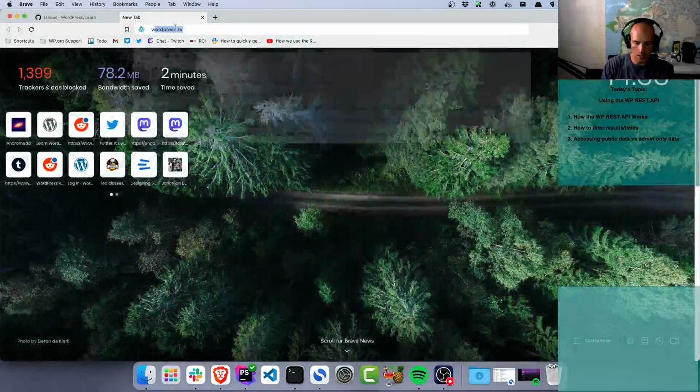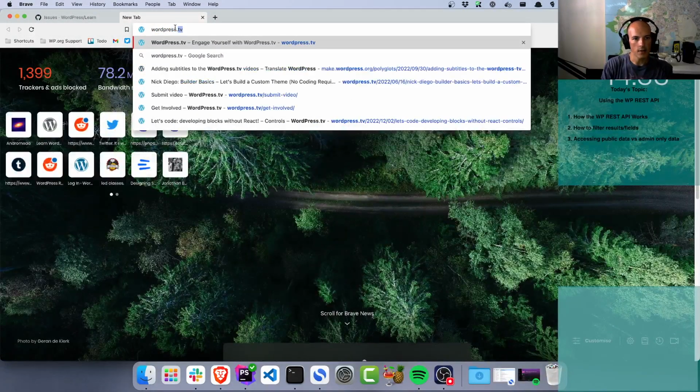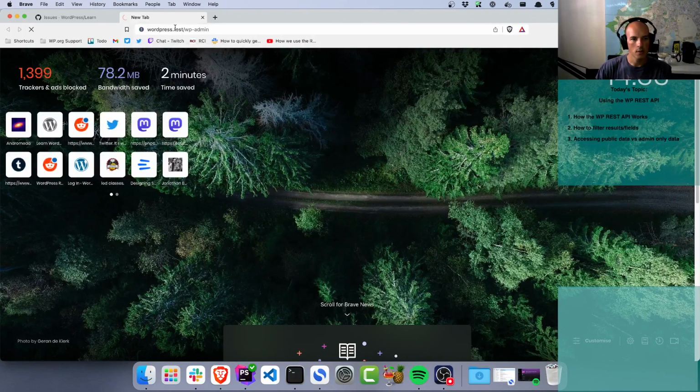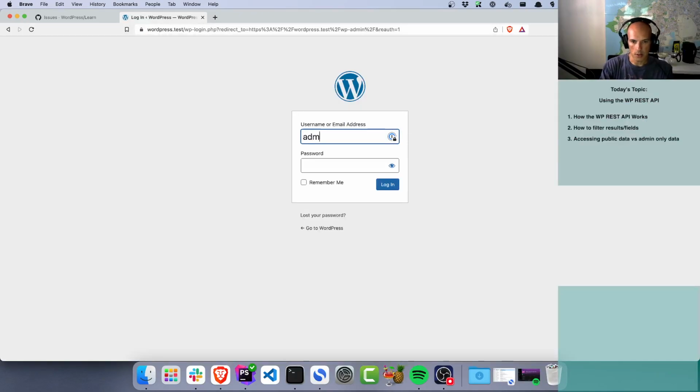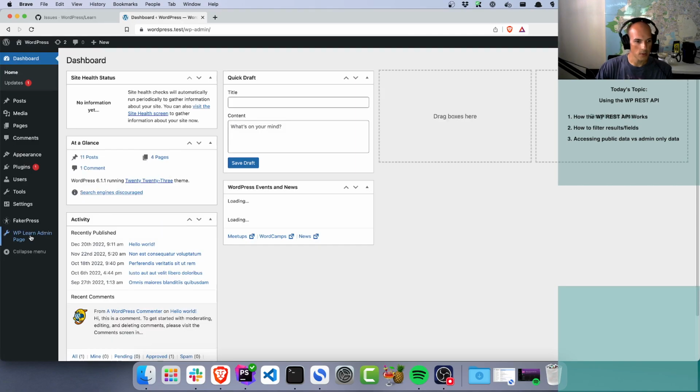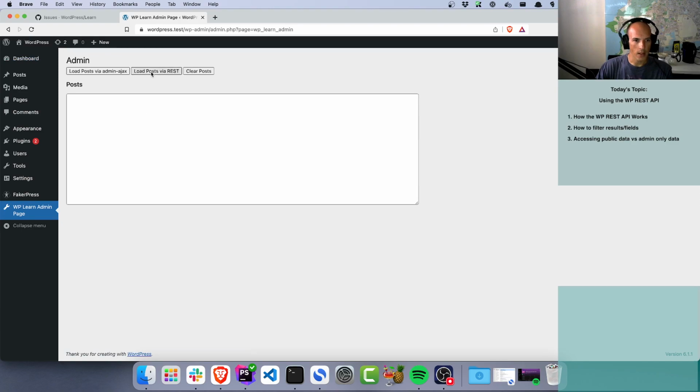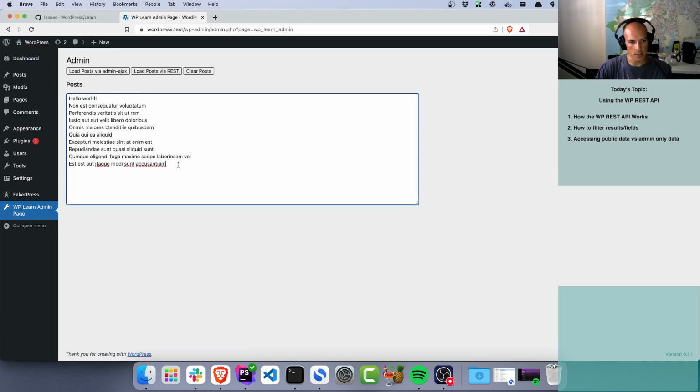So I'm going to take the plugin that I have currently, which should generate a page in the dashboard. There it is. And it should allow me to load posts via REST, which it does. And I'm going to add a little form to this that's probably going to have a title field, and